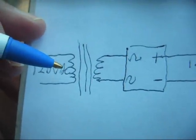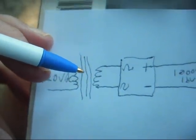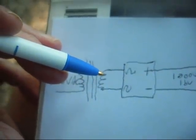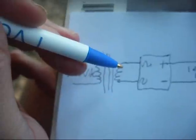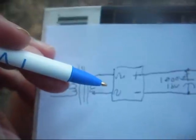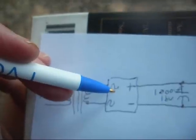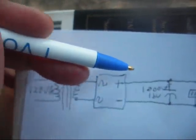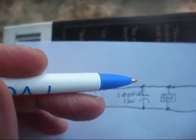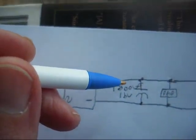Okay, we have our 120 volts AC coming in from the wall outlet into the primary of the power transformer, and then coming off of the secondary we have a much lower AC voltage. We'll say 9 volts just for the sake of argument, going into this bridge rectifier, which consists of 4 diodes, and then coming out of the bridge rectifier, plus and minus, we have our DC voltage being filtered by this